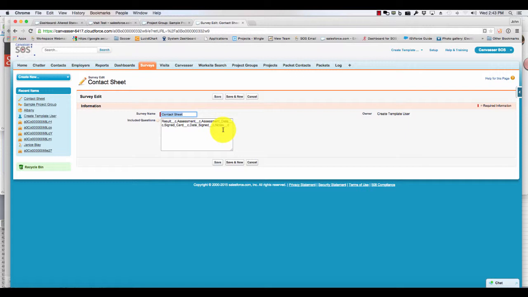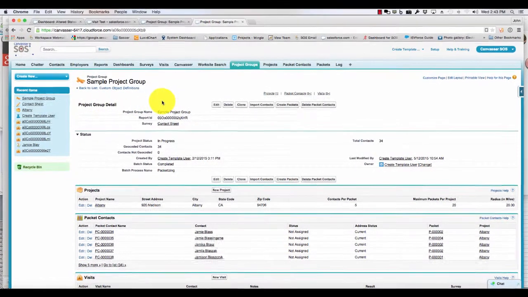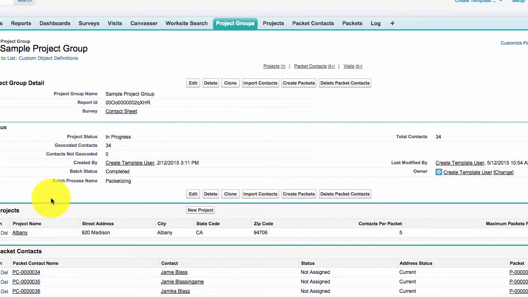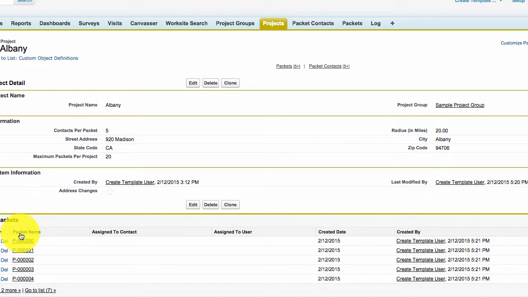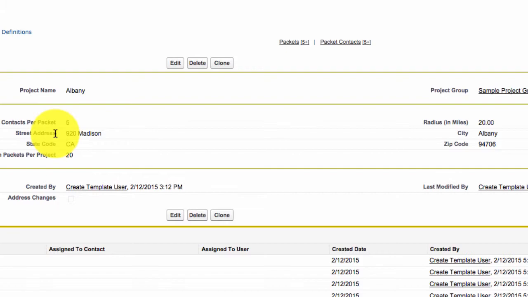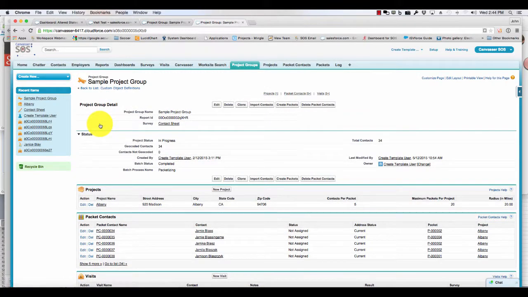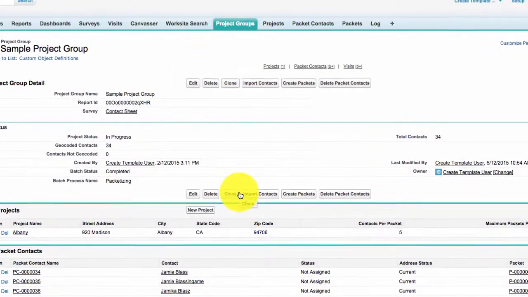Every project group is related to one survey, and you can have many project groups going on in the same database depending on the work and the contacts you want to visit. So you have within your project group a report and a survey. And then the next step is to create your project. And the project, again, shows you a starting location, a radius, and the number of packets. All you have to do once you've set up those couple of variables is click Import Contacts, wait a few